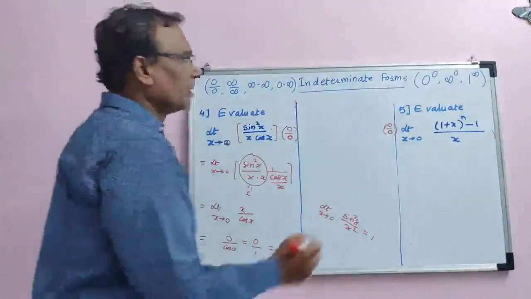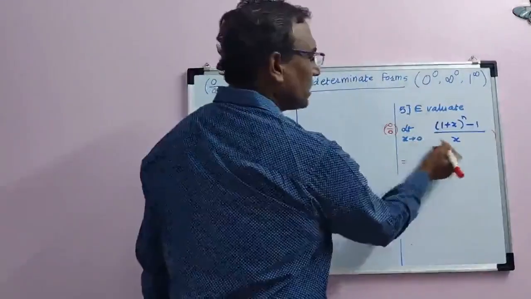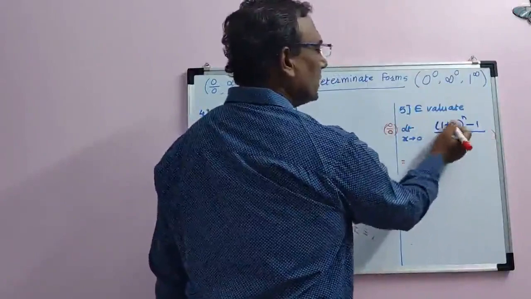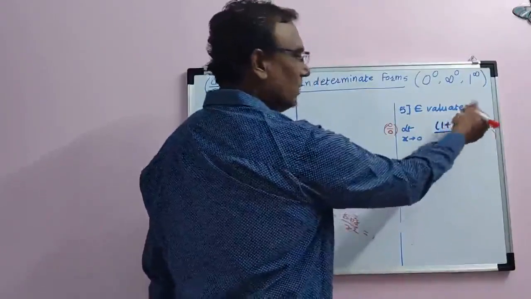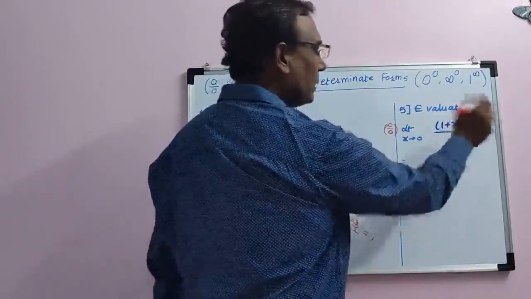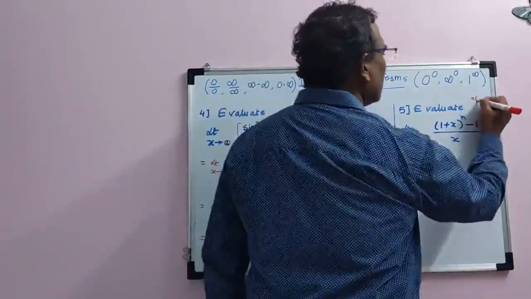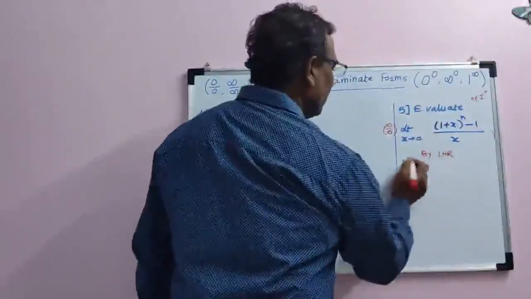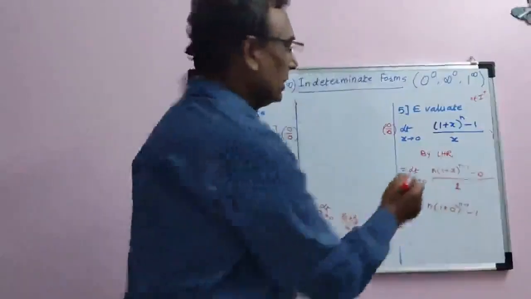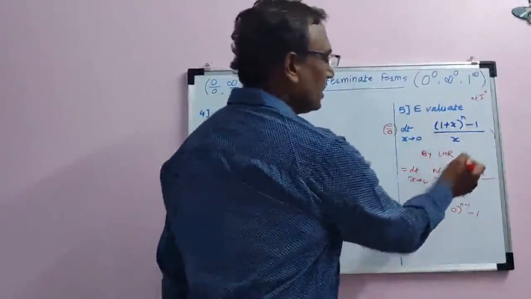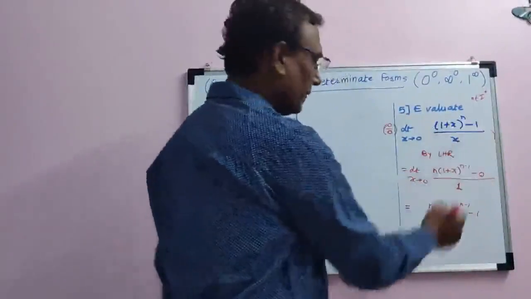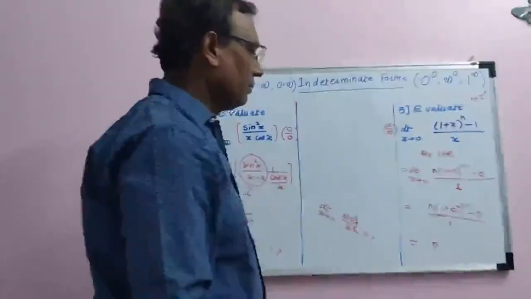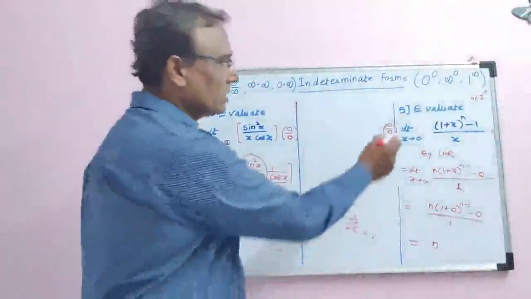Right. Now, the fifth problem, for x equal to 0, the denominator is 0. If you put x equal to 0, 1 raised to n is 1 and 1 minus 1 is 0. Here n is a positive integer, you can take like this. Now by L'Hospital rule, limit x tends to 0, the derivative of 1 plus x to the power n is this, and the derivative of minus 1 is 0. And 1 to the power n minus 1 is 1, therefore n by 1 is n. Okay, once again I am going to repeat.